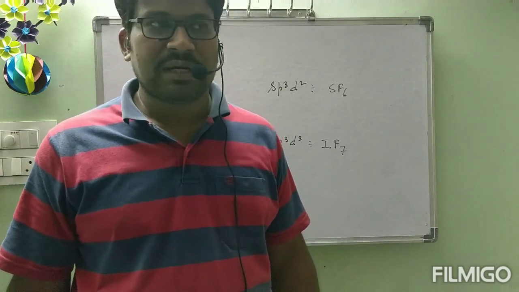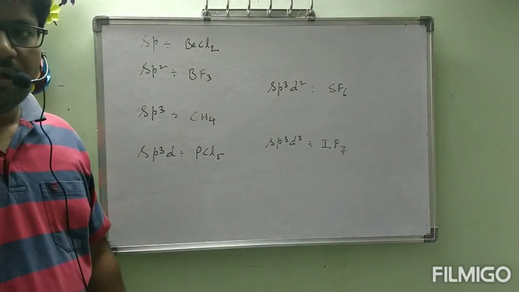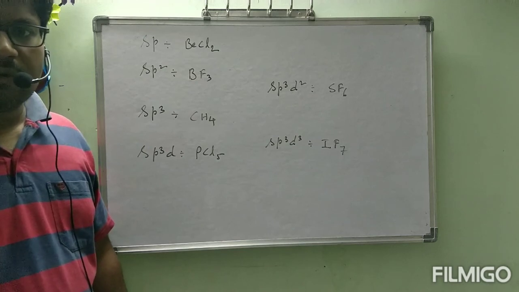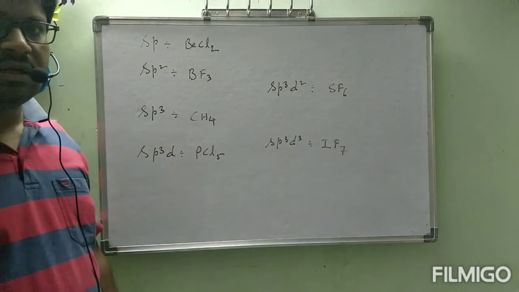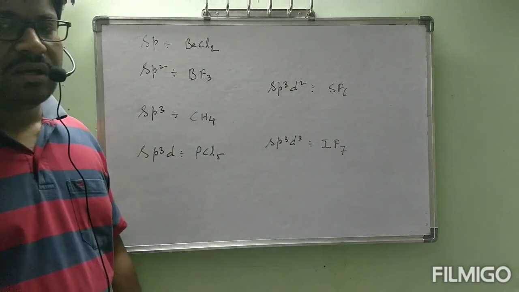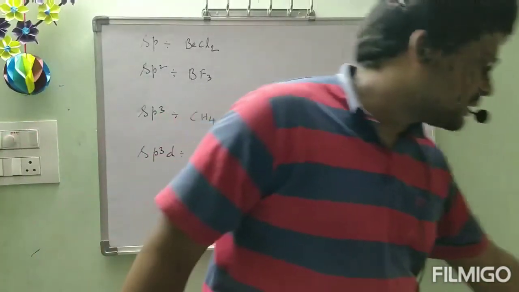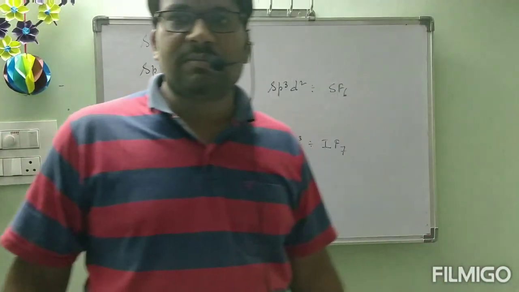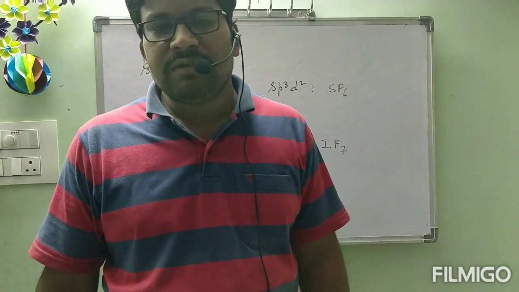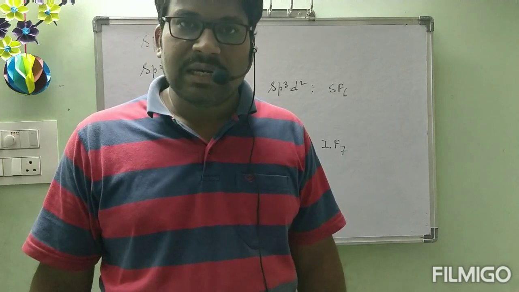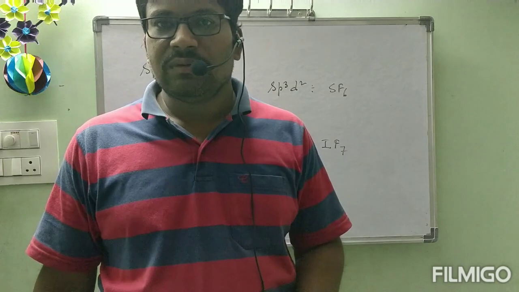After that, we have seen different types of hybridization. For every hybridization, I took the example and explained. Hope you understood everything. In the form of a table, till this one also, if you want structure, bond angles, all these things, you can ask me, I will give, no problem. This is about today's class. Next class, we will go through another theory, that is VSEPR theory. After that, one big table we will draw, which is very important and will be useful for your IIT and NEET classes also. This is about today's class. Thank you. Have a nice day all.